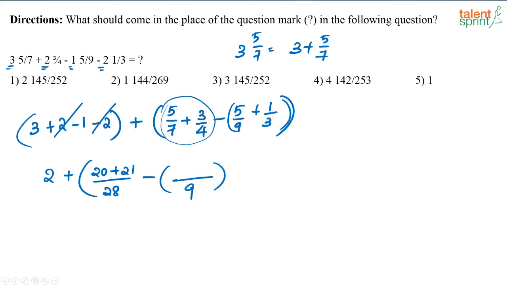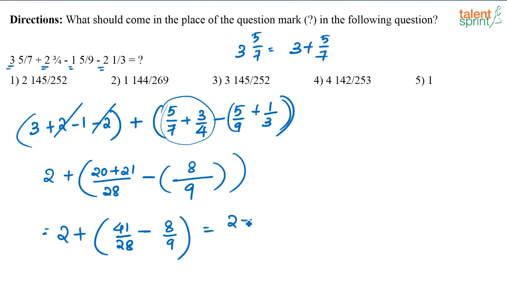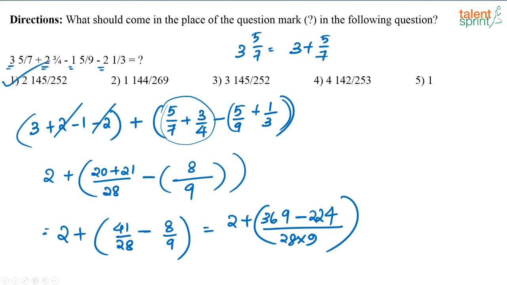So here the LCM is 9 and I will have 5 plus 3, that is 8 by 9, or that is nothing but basically 2 plus 20 plus 21, that is 41 by 28 minus 8 by 9, or that is nothing but 2 plus 41 into 9, that is 369 minus 28 into 8. Whatever it is, at this point itself you know the answer is going to be 2 point some value. So if you look at the options itself, you know the answer is option 1,